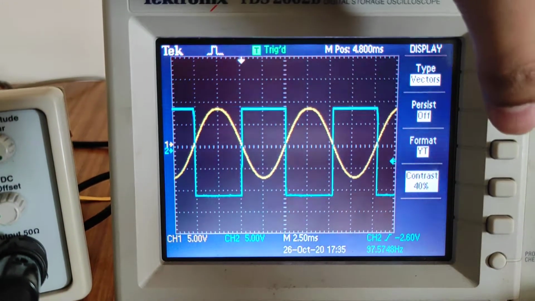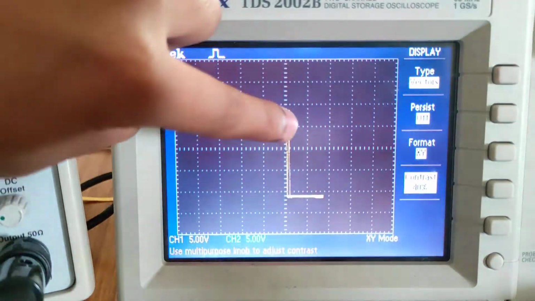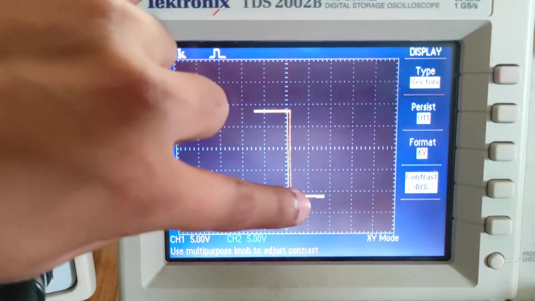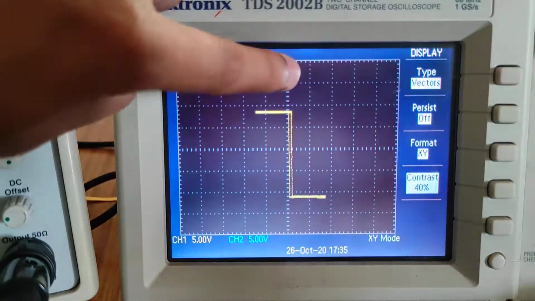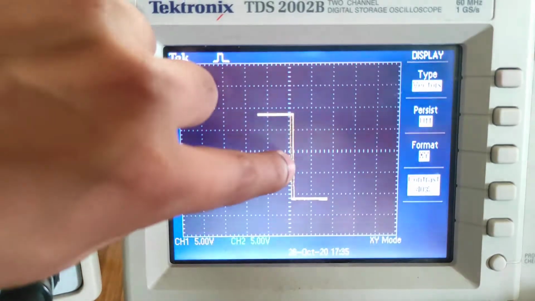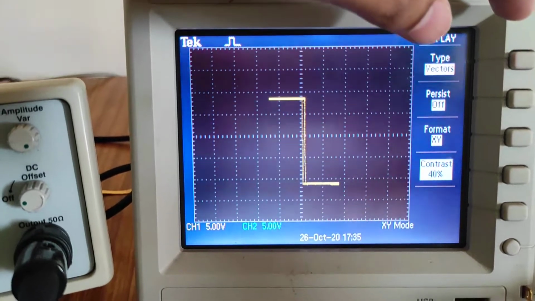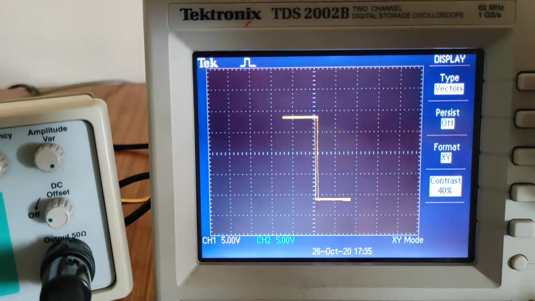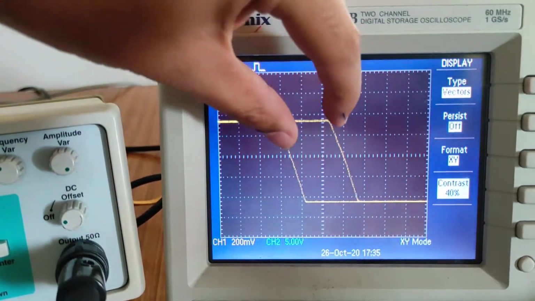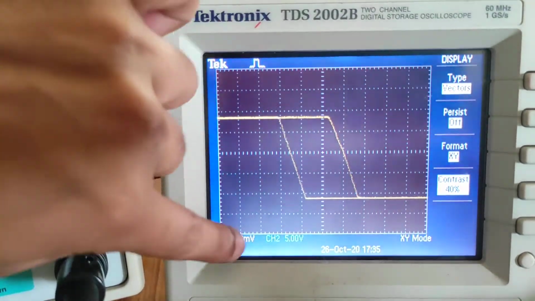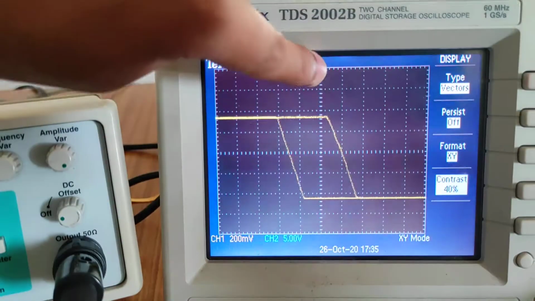Now, if you go and see the XY mode, this is your characteristics. This is your inverting, and inverting will start from here. If you see, this straight line is not really a straight line, there is also some curve. If you want to see it in a better way, just decrease the channel. Now, you will see that curve. This is not always seen, but this is 200 millivolt. The x axis has been made 200 millivolt and the y axis has been made 5 volt.